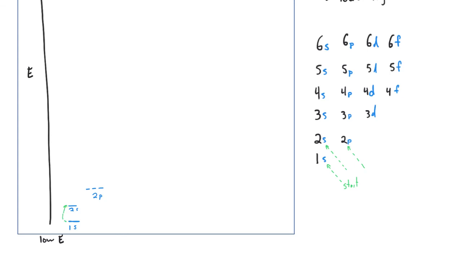Those are all at the same energy level. Notice here that this is predicting so far, for the first and the second shell, the predicted energy levels for these. So 1s at the bottom, followed by 2s, followed by 2p. Well, what comes next? Well, next is the third shell. So what's the lowest energy orbital in the third shell? It's the 3s orbital, which we see is right after the